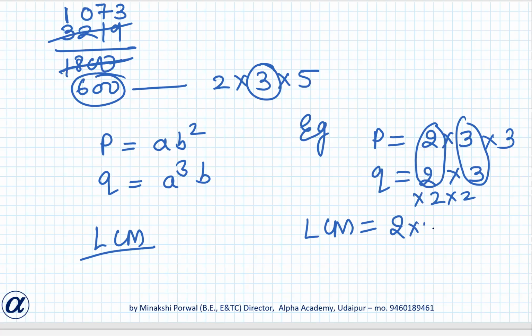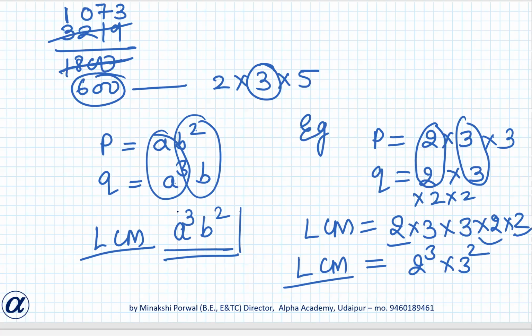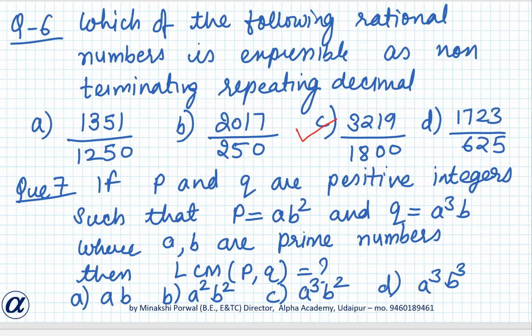क्या पेयर बना? 2 और 3 दोनों में आ रहा है. उसके बाद हम क्या करते हैं, जो भी बाकी सब एक्स्ट्रा है वो सारे लिख देते हैं. तो ये क्या हुआ? 2 क्यूब into 3 स्क्वायर. ऐसा होता है. एलसीएम ऐसे ही फाइंड करते हैं. Okay. तो यहाँ पे देखो a है और a क्यूब है. So if I include a cube, this a is also included. If I include b square, this b is also included. So LCM will be a cube b square. 72. Okay, so option 3 will be the correct answer. This I am going to explain to you further actually.